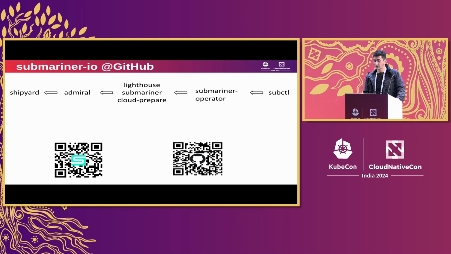Submariner was the original repo; when we first started the project, it was just a single repository. This is the core of the networking component. Cloud Prepare is where the code sits for configuring different cloud providers for Submariner to run on. Operator is the operator that deploys all these components. And finally, subctl is our CLI, which you can use to deploy, troubleshoot, diagnose, gather logs, and all those things.